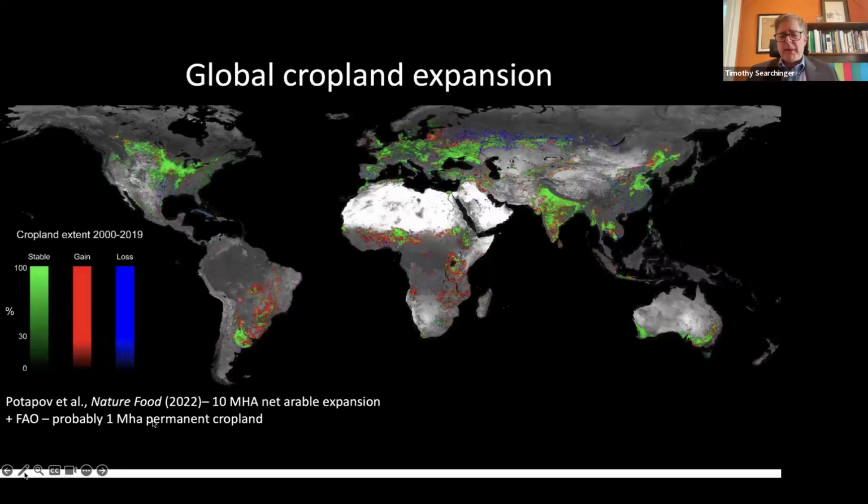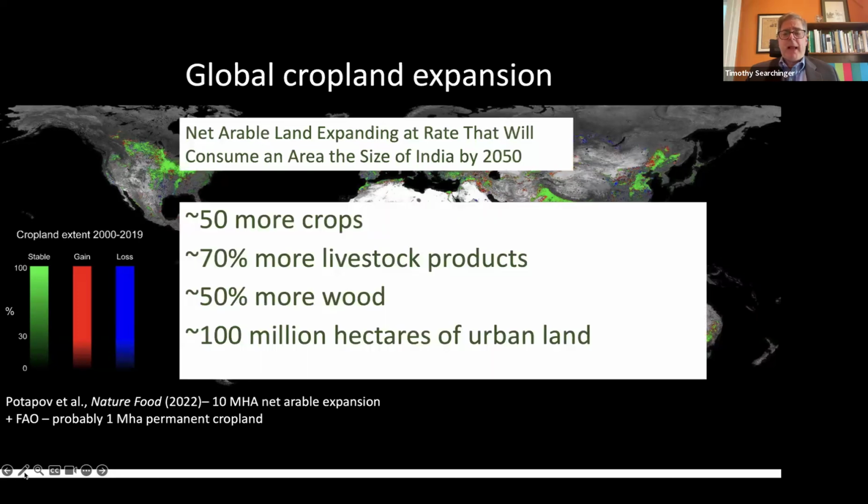There's another 1 million hectares. And remember, a hectare is about 2.5 acres. So basically, if we keep on this pace, we will clear an area the size of India in the next 30 years. And the problem is we need a lot more of everything land produces because of growing populations and